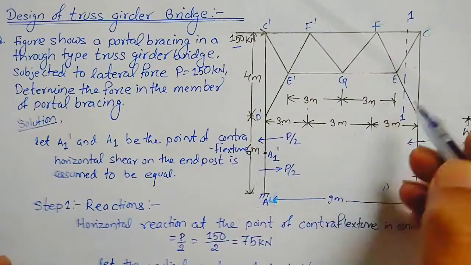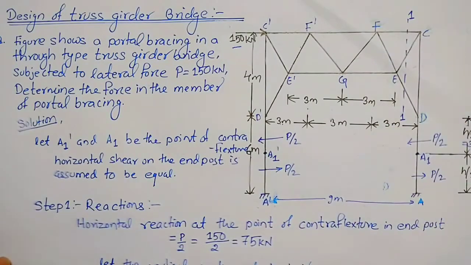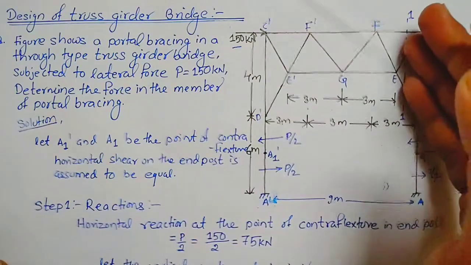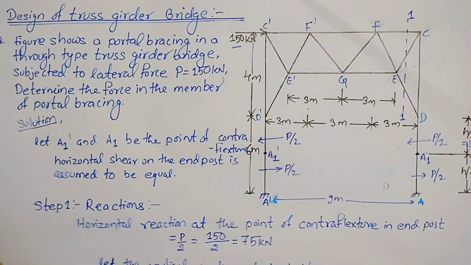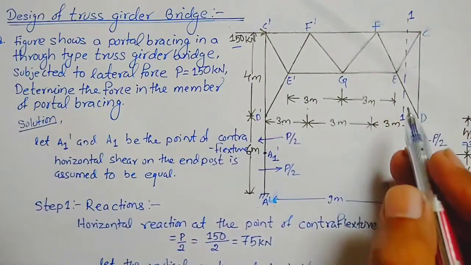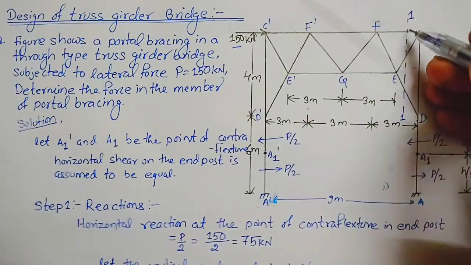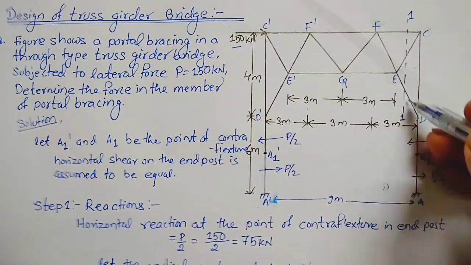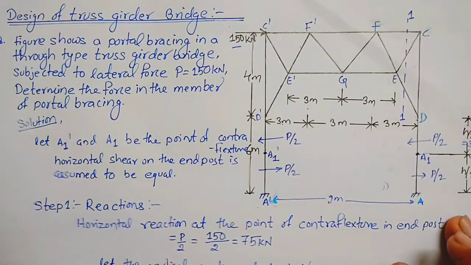Whenever we are calculating the unknown forces in each and every member, we need to split that portion with the help of an imaginary section. So on doing so, as we are calculating the force in member DE, we need to draw a section which cuts the member DE. Now guys, after doing so, what we need to do is,